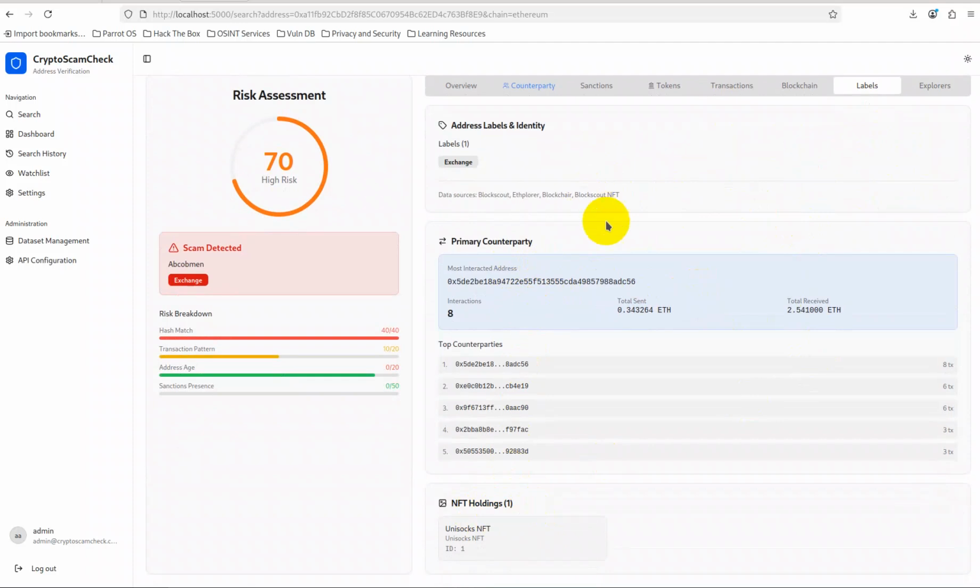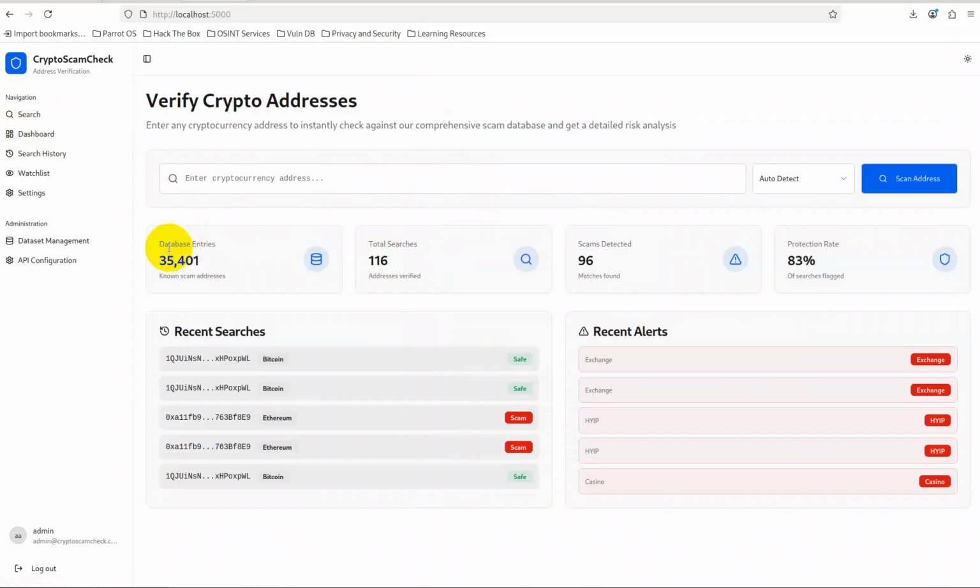So now let's check the other menu options. In the search we have already seen. I have a dataset of 35,000 entries. This is my research data which I worked on, and the data I collected of the cryptocurrency addresses which contained entity names, entity types, and the source addresses, along with the total searches which I have made